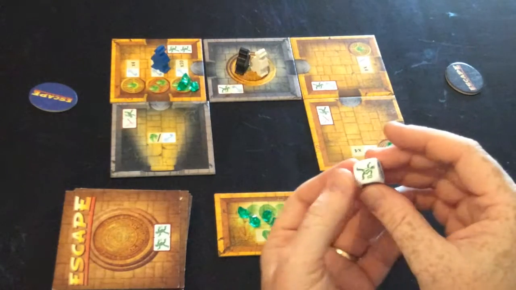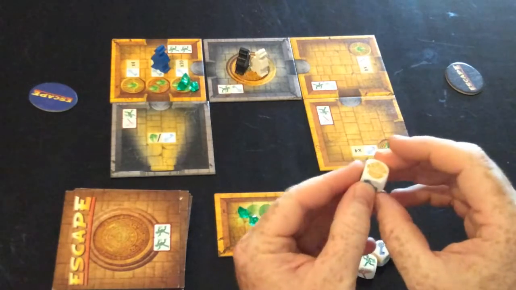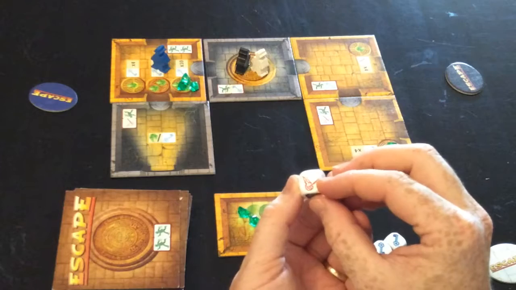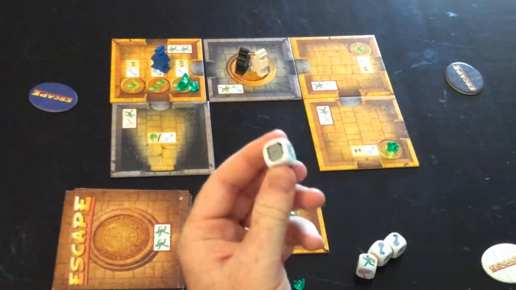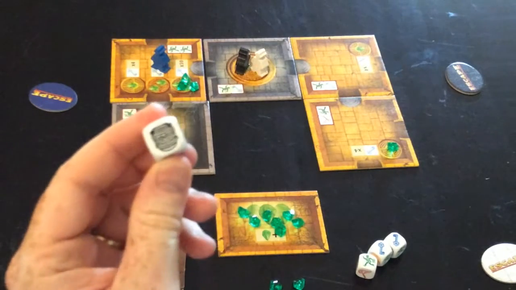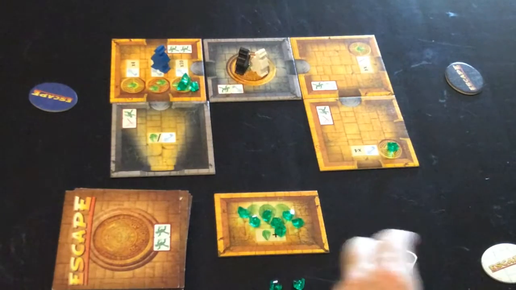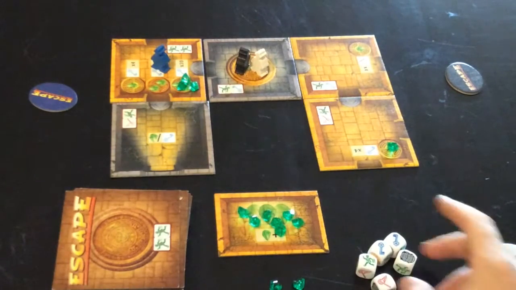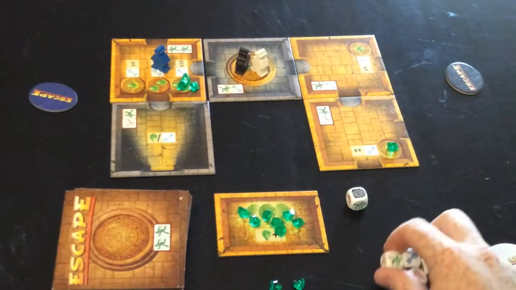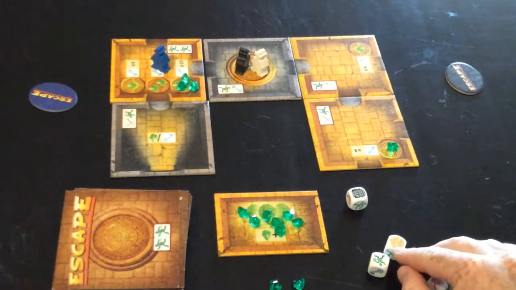We've talked about the green man, the blue key, and the red torch. There are also black faces on here. These are cursed sides. Whenever you roll one of these sides, so say that is my roll, I cannot roll that die again. I need to continue on with these 4 until I roll